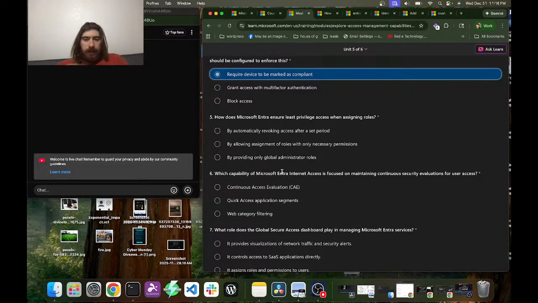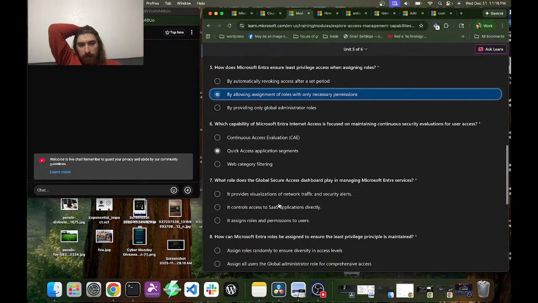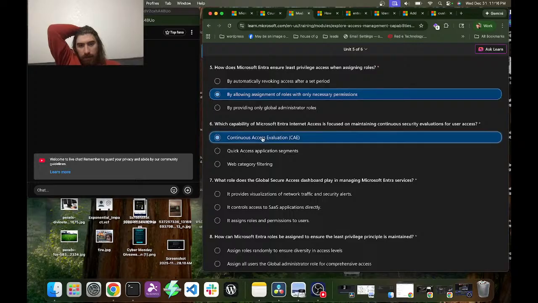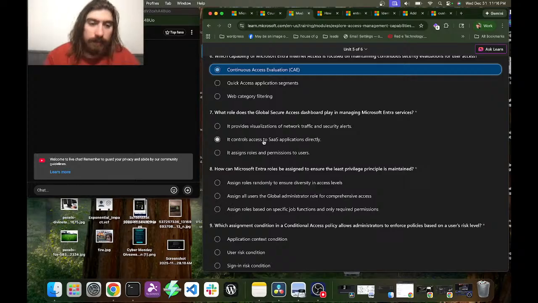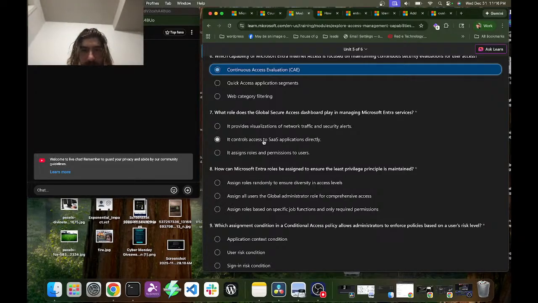How does Microsoft Entra ensure least privilege access when assigning roles? What role does the Global Secure Access dashboard play in managing Microsoft Entra services?